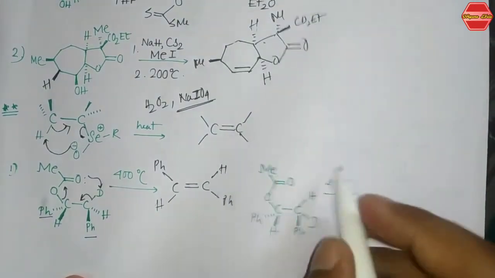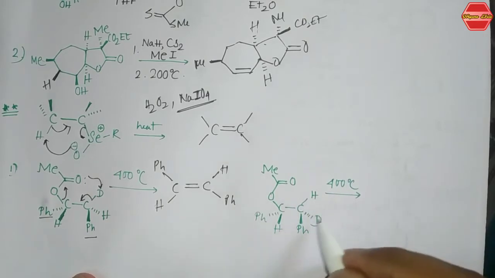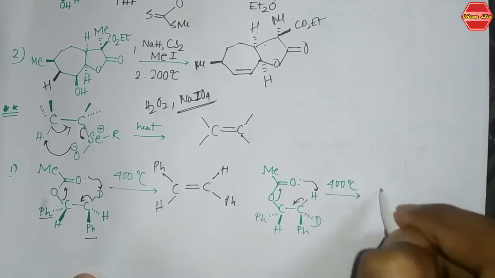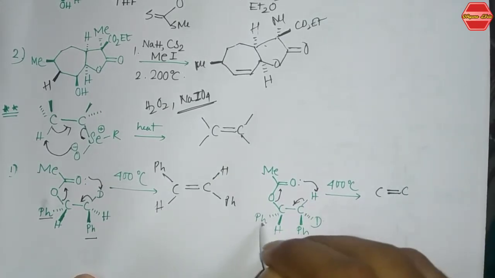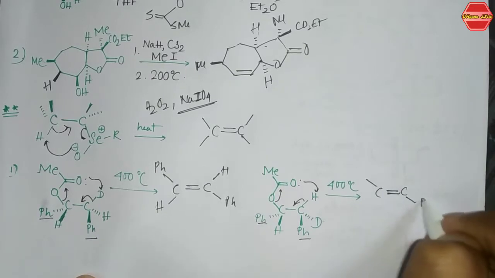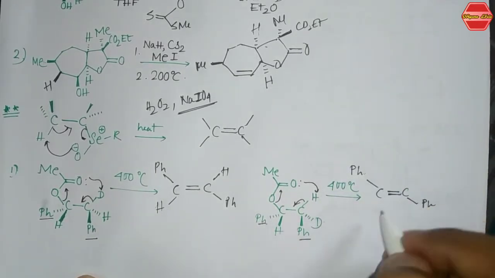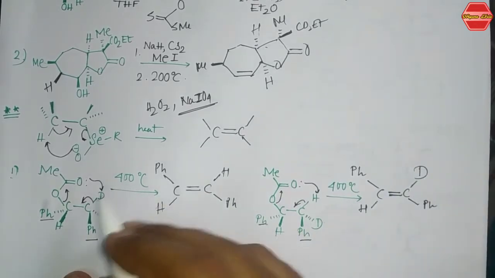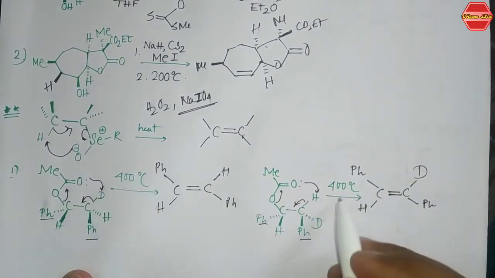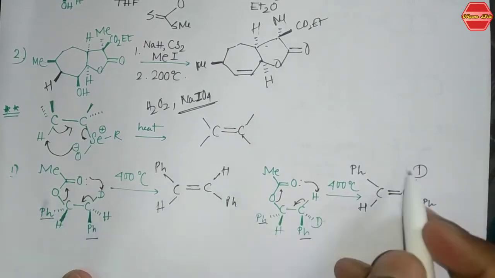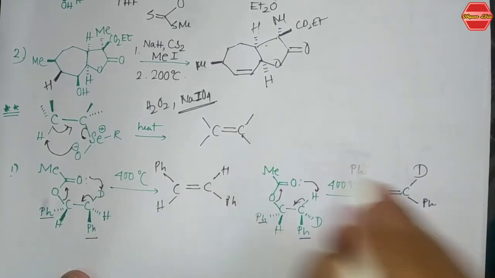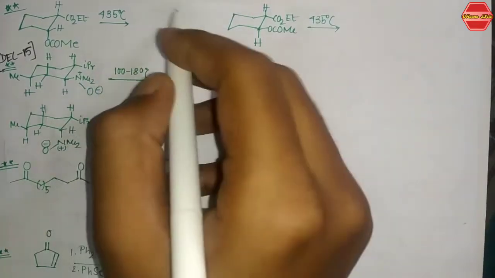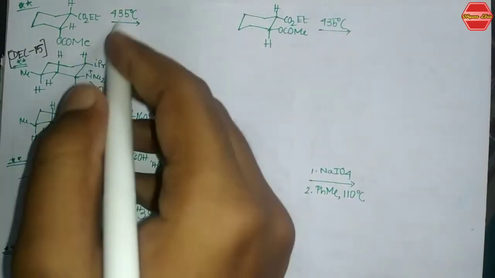Now in the similar case, if you have the hydrogen in the cis position and the deuterium is present below the plane, the product should be like this. So you can see that these two are below, that is opposite to each other, and you are getting this hydrogen and deuterium in this position. So if you are changing the position, deuterium by hydrogen, and hydrogen by deuterium, you are getting two different kinds of product, one is a hydrogen substituted product and one is the deuterium substituted product, right?